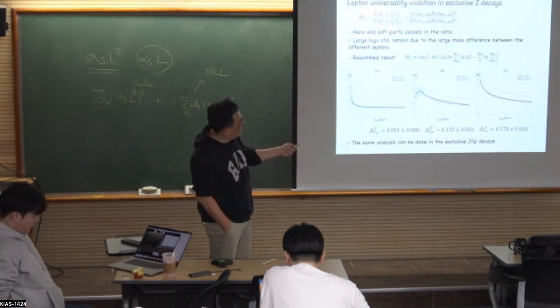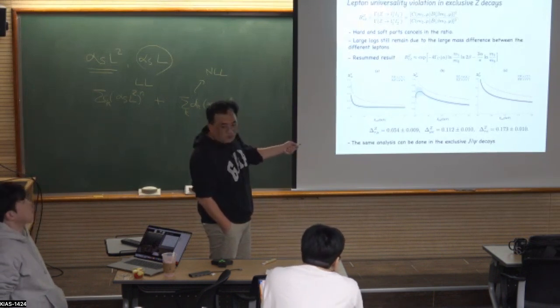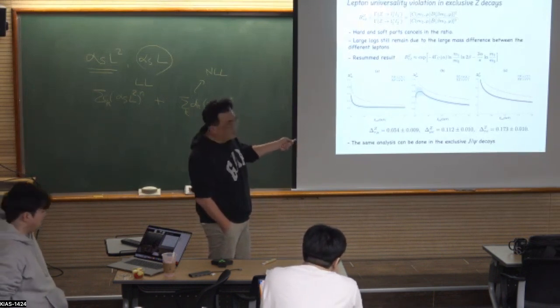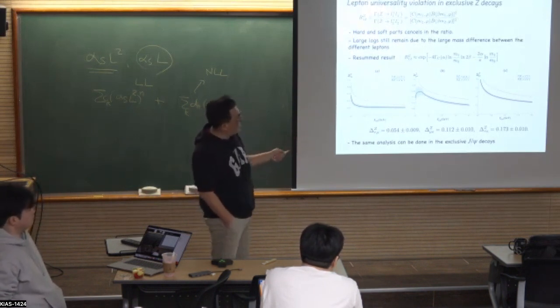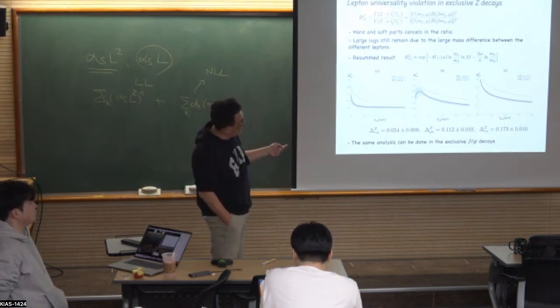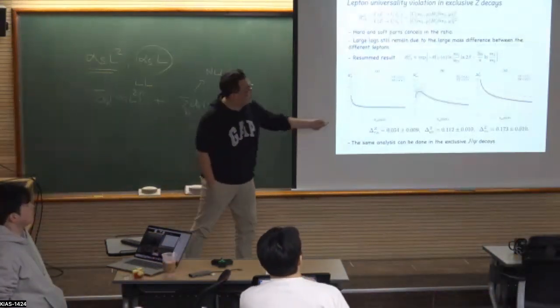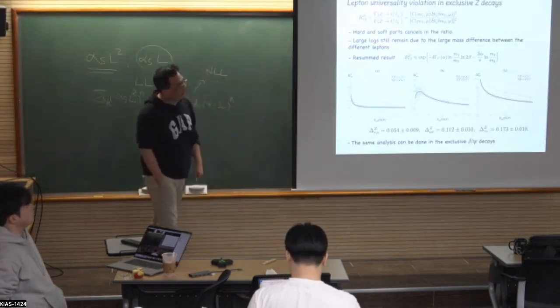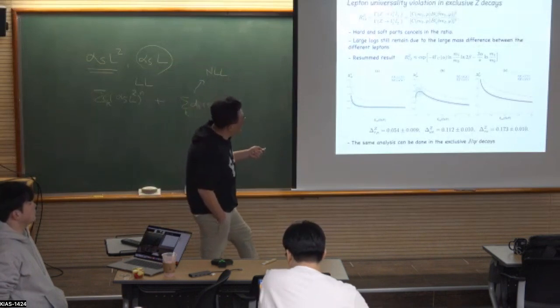Actually, this is a double log. One large log just comes from the large mass difference, and it also depends on the energy cut. That gives the large log. Also, this is the cost of one loss dimension, and the single log also depends on the large mass gap between the different vectors. Okay. So here is plot A, representing the energy cut varying from 0